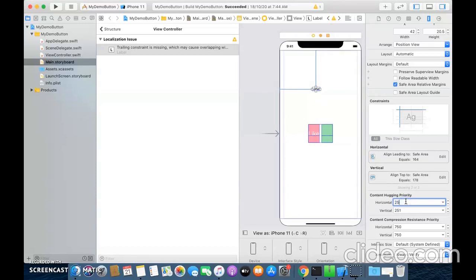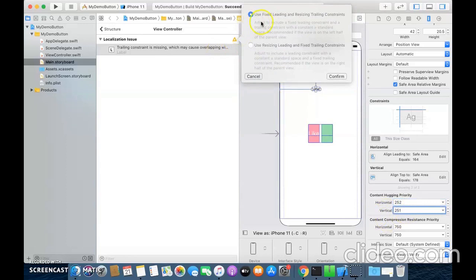If I increase the value to 252, for fixing this, it is stating to use a fixed leading sizing, use a resizing leading.